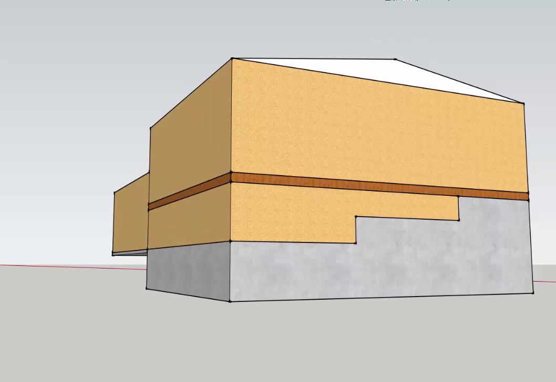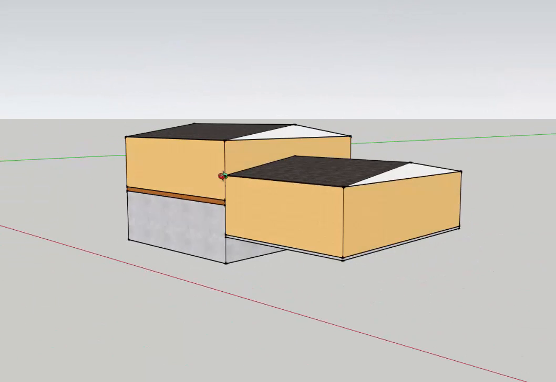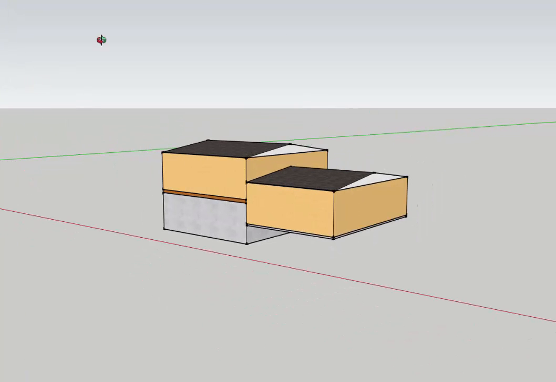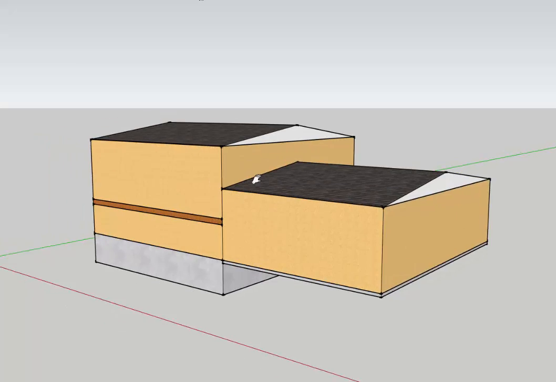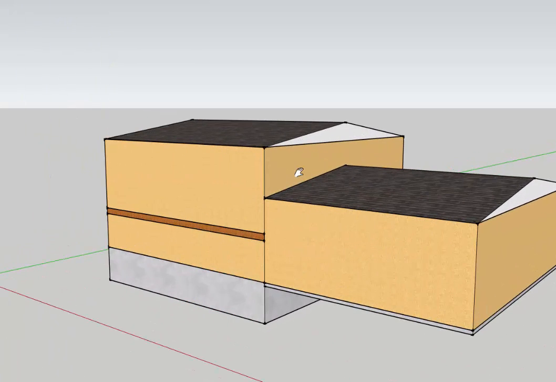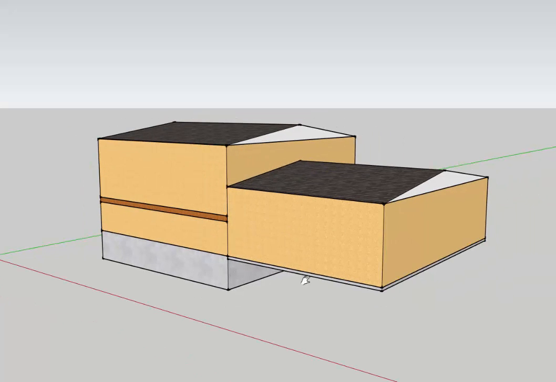Just if you ever need to, take a minute and draw these things on paper. It might help so that you can really think about where the thermal boundary is and what aspects of it you want to make sure that you're accounting for. Basically, the bigger the thermal boundary, the more the heat loss and gain, which means that if you make sure and represent every aspect of your thermal boundary, that will increase the likelihood that your clients will receive more of a benefit, because if the thermal boundary is bigger, there's more heat loss and gain. That means that the payback between an old 60% efficient furnace versus a 95%